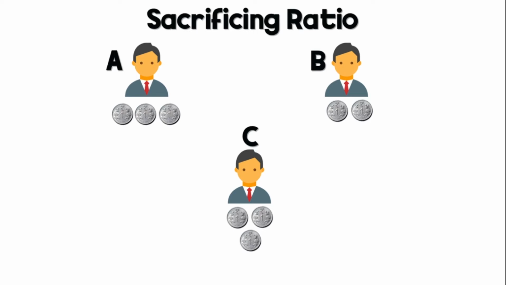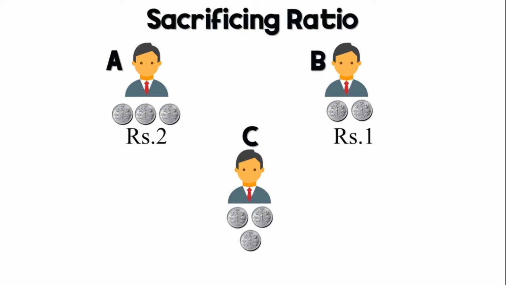Now, if I ask you the question, how many rupees are they sacrificing? That is, A is sacrificing 2 rupees and B is sacrificing 1 rupee. This is called sacrificing. The amount which is sacrificed to the new partner is called sacrificing. Here I am giving you an example in rupees in order to make sense, for the purpose of understanding.